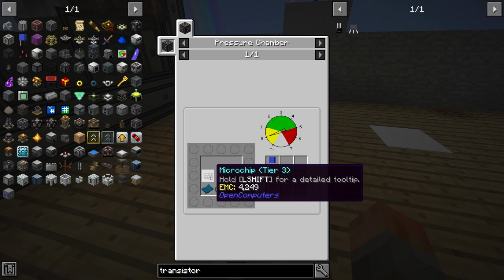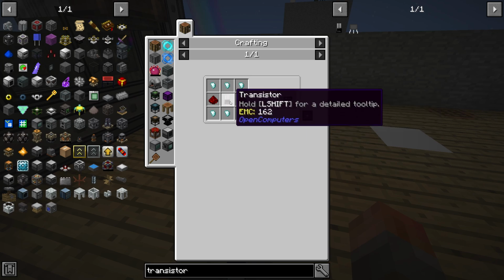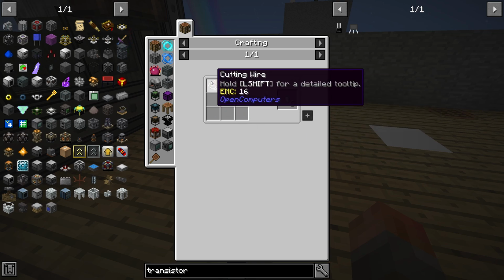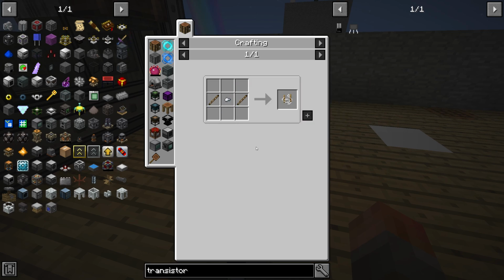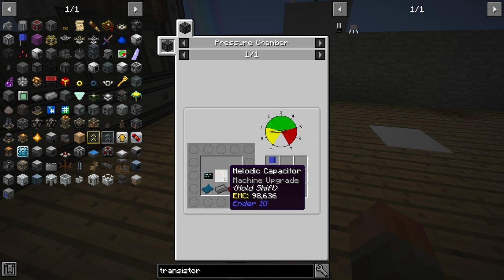Straightforward. Then it needs two other things that we haven't actually done yet. One is microchip tier 2, which needs the open computer and diamond chips. Diamond chips are cutting wire and diamond, and they are just sticks and iron. That all looks very, very straightforward. No need to put that on camera. The melodic capacitors, however,